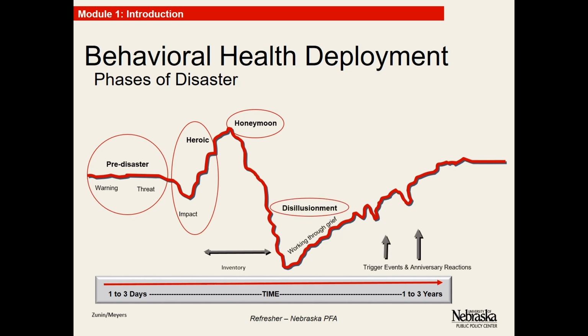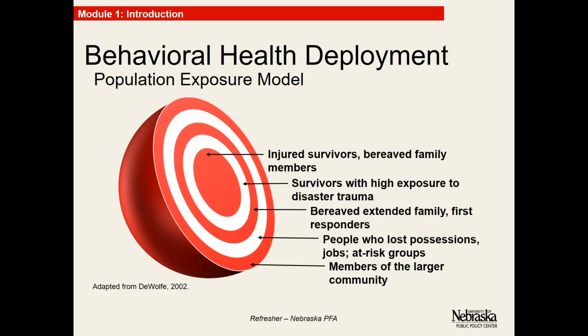Next, however, there is typically a time of disillusionment, as the true extent of loss sinks in. The spirit of community cohesion may diminish as some aspects of the community recover faster than others, and there may be competition for resources. Some may have a sense of unfairness or anger at the bureaucracy that always accompanies disaster recovery. Over time, the healthy emotional recovery process can lead to pre-disaster emotional functioning, or even higher. Our job is to help with the emotional recovery process.